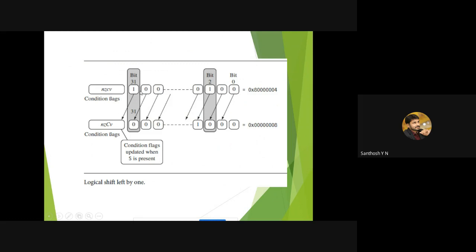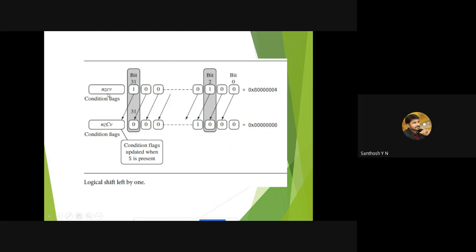Okay, if you want to perform a left shift one time, here is how it works. The bit 0 position will be coming to the bit 1 position, and bit 1 will be coming to bit 2, and bit 2 will be coming to bit 3. Likewise, everything moves towards the left side, and the last bit, the 31st bit, will be moving into the carry flag. Since the 31st bit is 1 here, the carry flag is becoming 1. Actually, before shifting, the carry flag was 0.